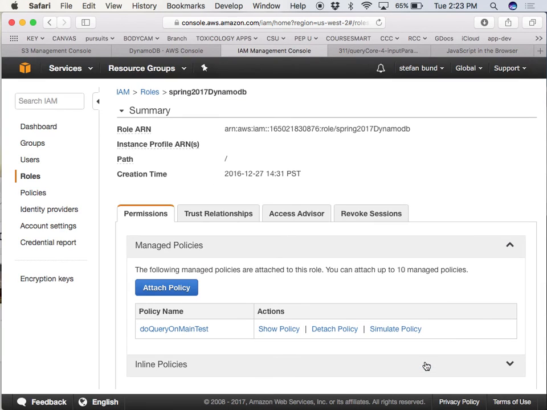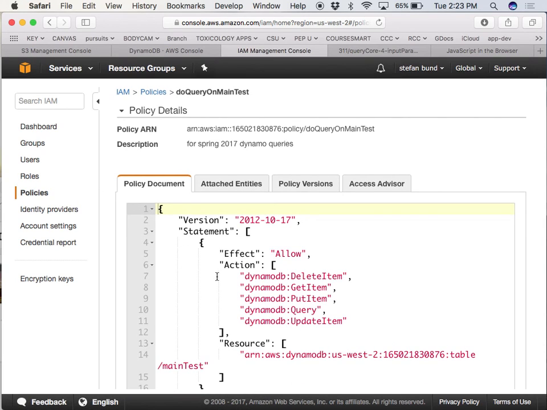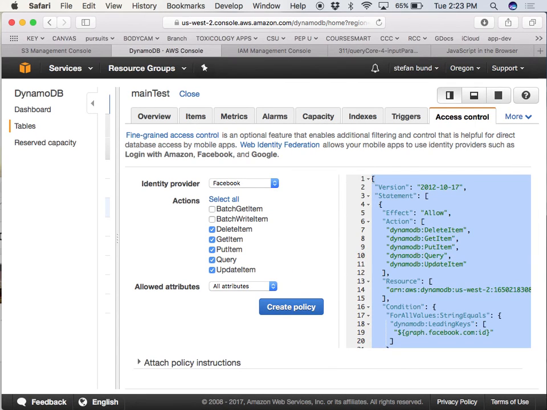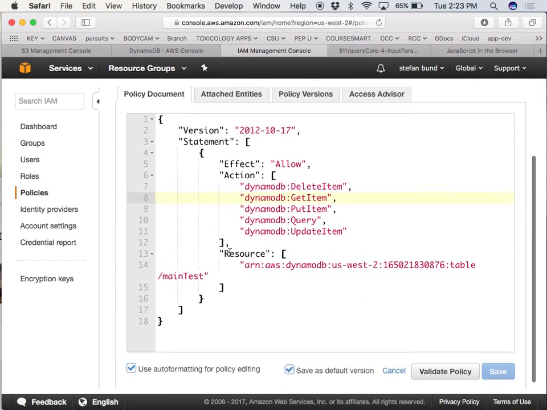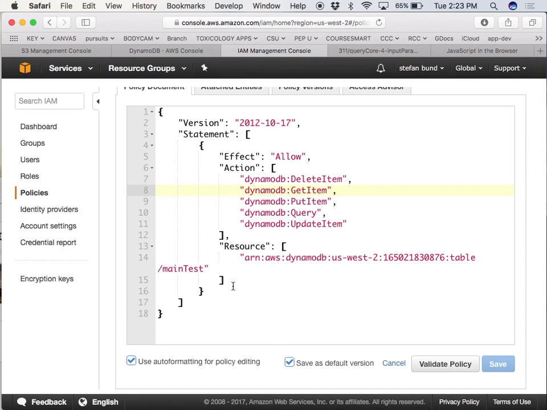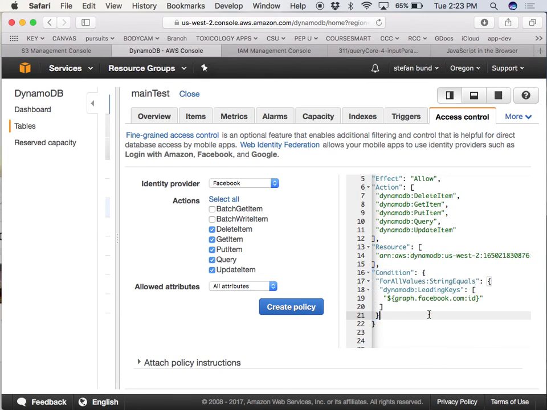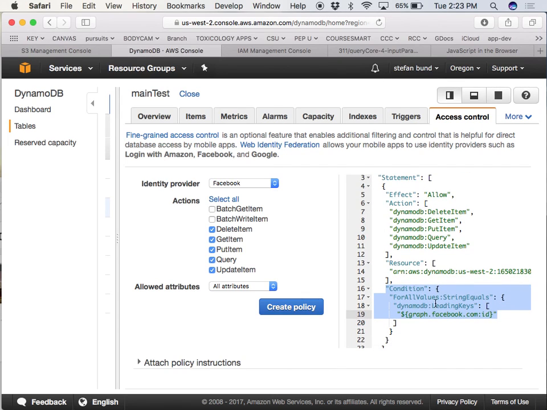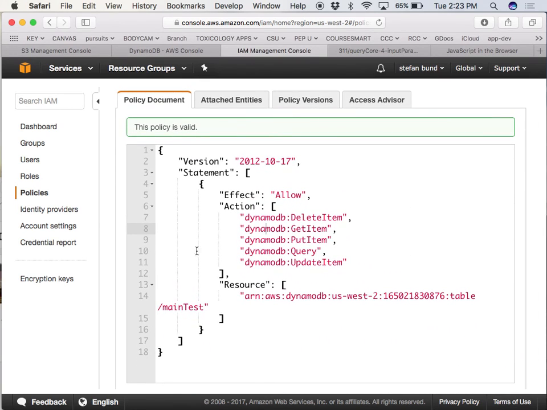So what I did is I can edit this policy. I took all of my stuff here, and I copied it, and I pasted it into my policy document. Okay, and then what I did is I actually eliminated this condition. I didn't do that, and that's what helps it to work at this point. Sorry, it's scrolling over. I eliminated this right here, and I dropped that in there, and you can validate the policy. And this is a form of, it reminds me of JSON a little bit.